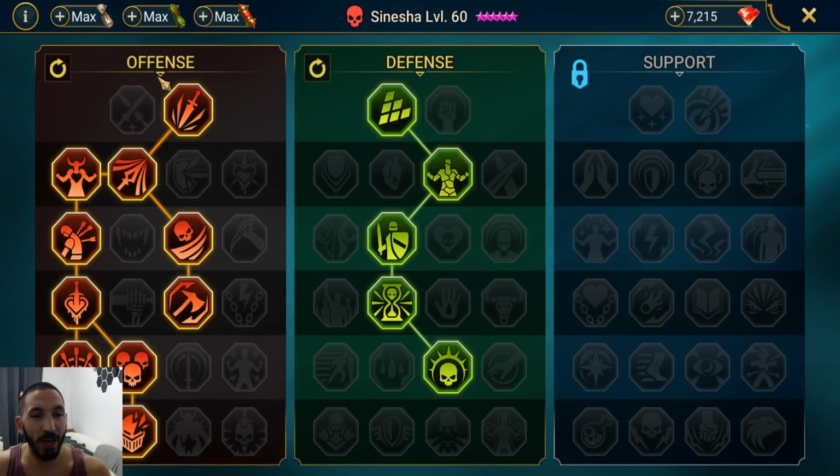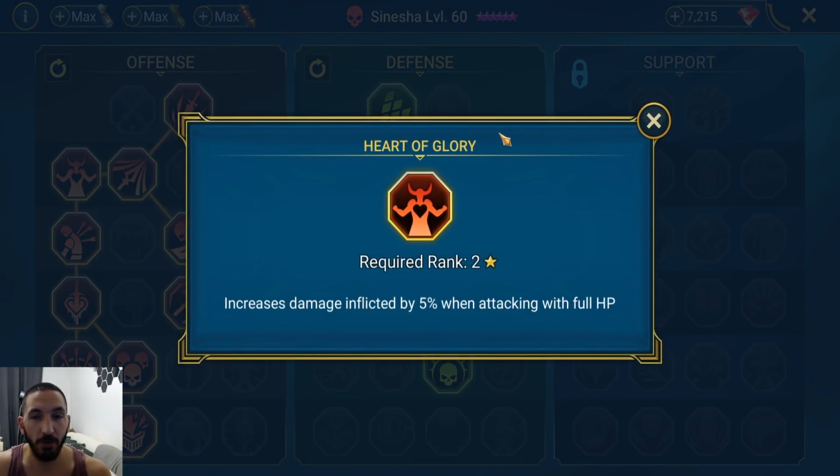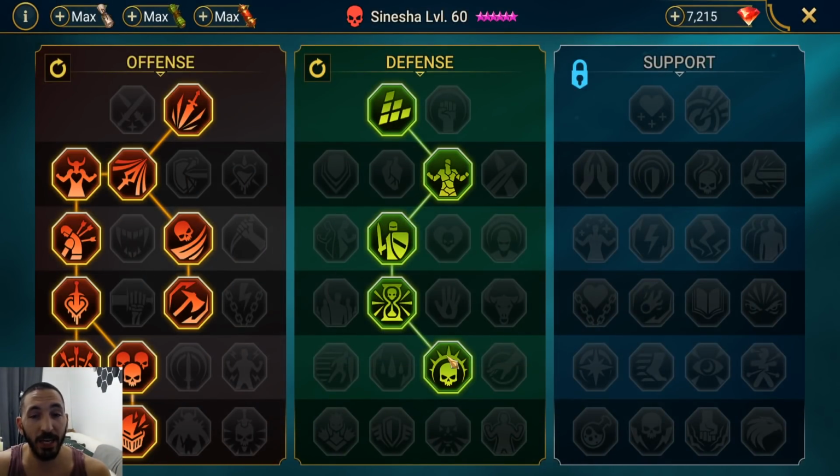So overall, I went for all the damaging skills, especially this one single out because it synergizes with her default skill, her A1. So increased damage inflicted to targets with less than 40% HP. And also I went for Heart of Glory, another 5% extra damage from her basic attack. And I also went for the